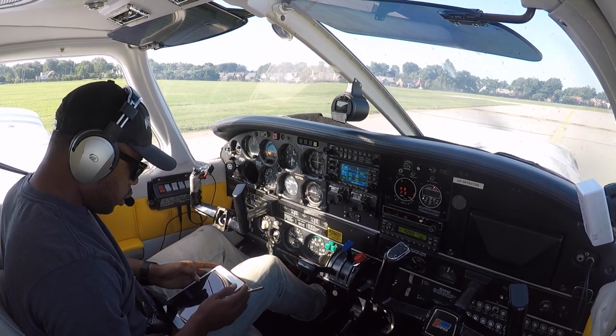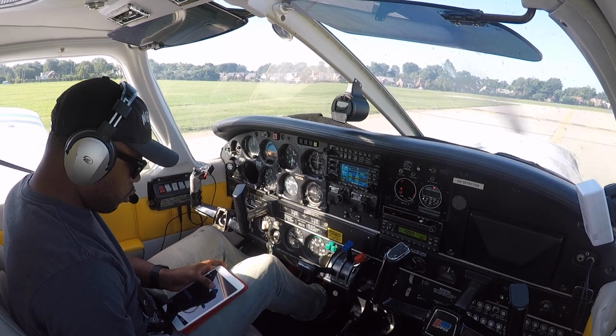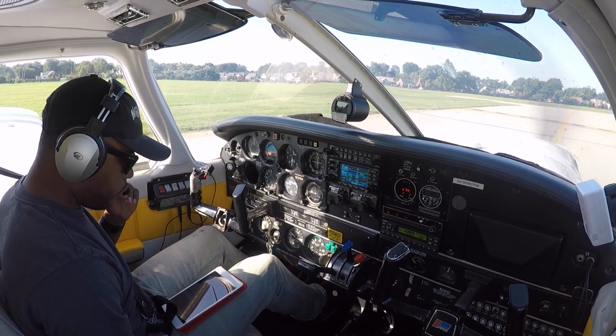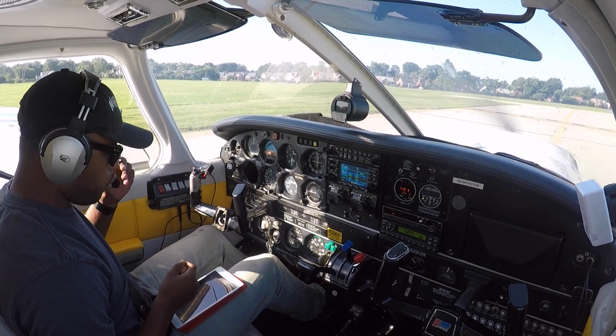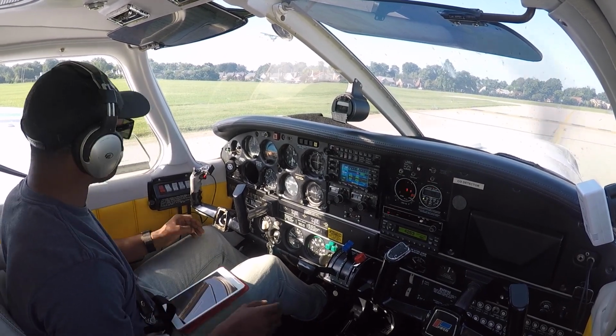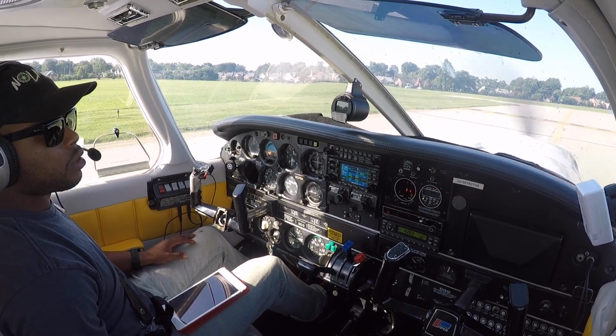Next one, normal takeoff. Flaps as necessary. Trim slightly aft of neutral. We got that set. Throttle 3600, mixture full rich. Airspeed climb out at 80 miles per hour. Alright, great. Let's make it work. Once this plane lands right here, we're gonna